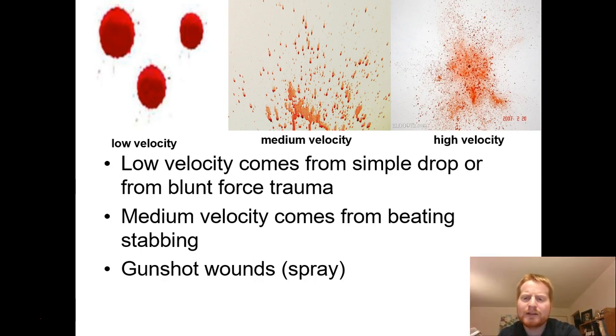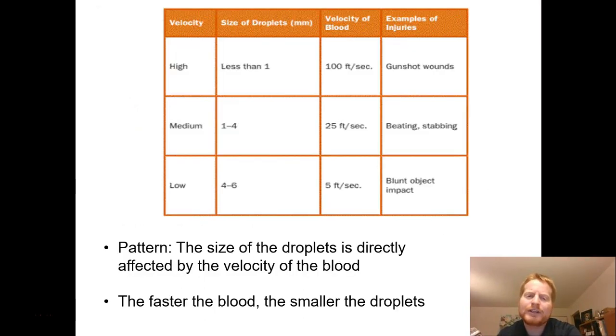So what is all this? How can we use this to figure this out? Well, in general, the lower the velocity, the larger the size of the droplets. So we're finding that as the blood is moving slower, essentially, they're all much larger. And then if we have medium, maybe moving 25 feet per second, then we're seeing that the droplets are getting smaller. And then if you have a high velocity, so 100 feet per second, we're seeing that's less than 1 millimeter